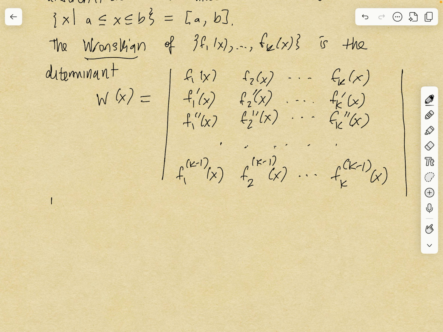So the theorem is that, suppose that you have these functions and you have this interval. So this is a function of x, right? Because the different x's give you